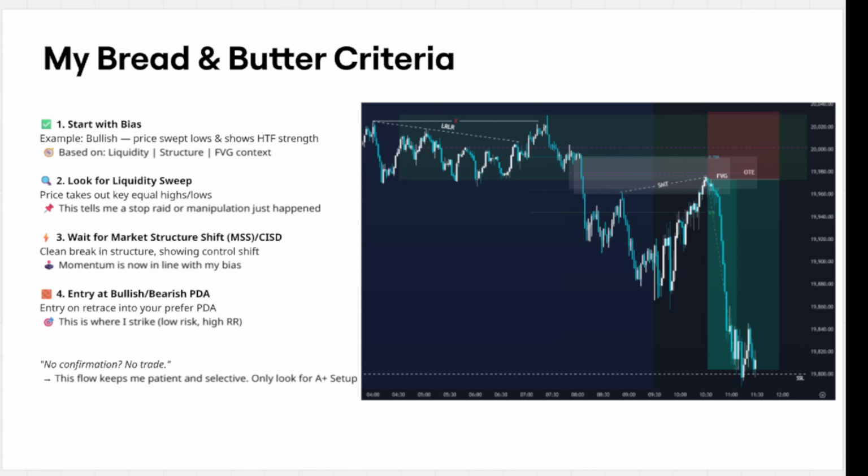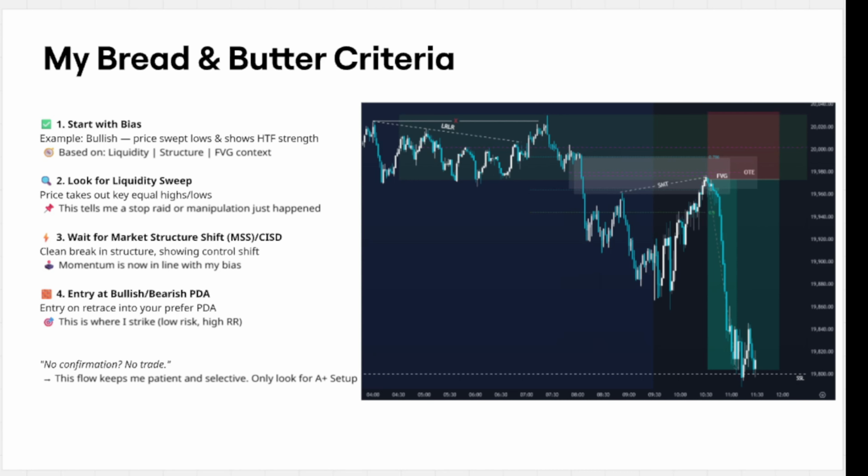If you haven't seen the video, please check it out. That daily bias is essentially the direction of the trade that you want to look for. You don't want to fight the trend. Usually, if you fight the trend, it's going to be a little bit tough. There are cases where you can do a quick scalp to get those profits, but usually I don't like to trade against the higher time frame trend. So start with the bias on the higher time frame and show some sort of strength in either the bullish direction